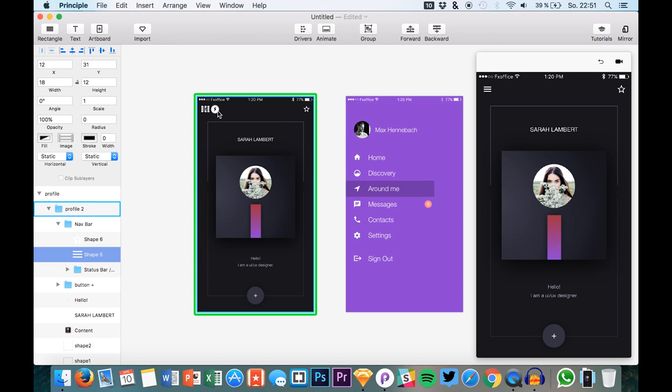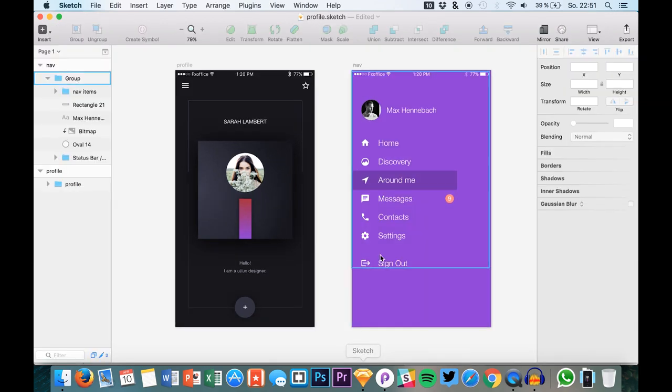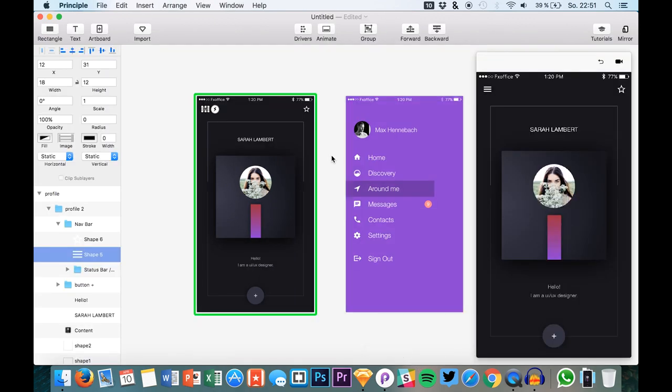So sometimes you have the problem like me right now that you don't really have a great import, and you just try to get a workaround. I'm sure the guys of Principle are working on that. They're really doing a great job. Adding this feature is so important, and it works out sometimes really well, but don't blame them if it doesn't work out every time. So just try to get a little workaround,